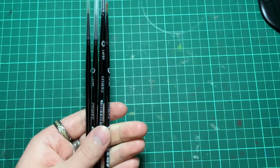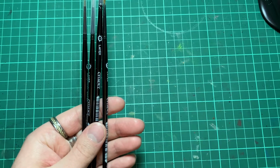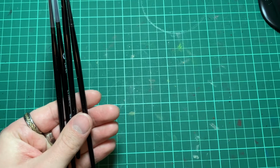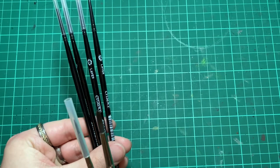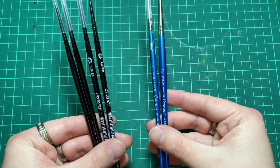Now we're going to talk about the more high-end range of brushes that I use. Citadel Brushes are a great quality and I've used them for almost 17 years now. However, while they are great in quality, they are quite expensive. So recently I decided to start looking around to see if there was a brush that matched them in the quality department but beat them in the